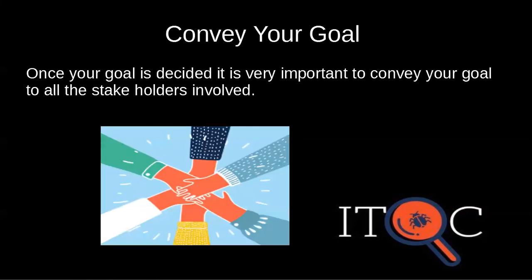Now, once your goal is decided, it is very important to convey your goal to every stakeholder. And believe me, it helps. Let's take an example. You have decided to implement in-sprint automation, but your developer is not aware of it. Now ask yourself, can you achieve it? No, obviously, because you have to collaborate with dev to sort down all your locators. Hence, conveying your goal to every stakeholder, be it dev, BA, product owner, or scrum master, is important.